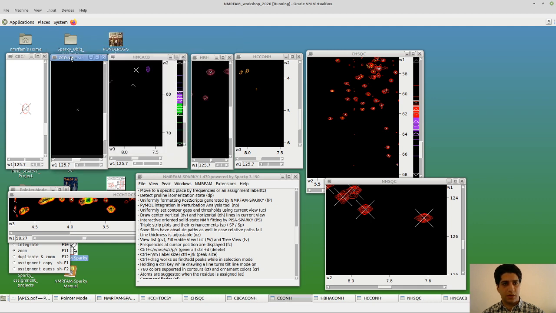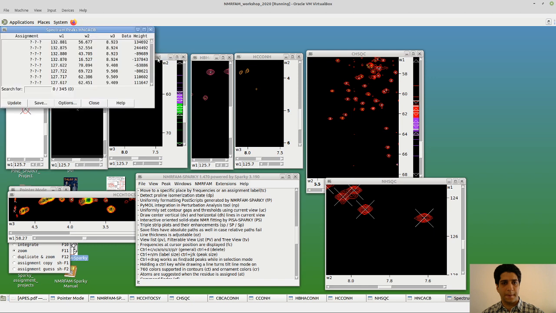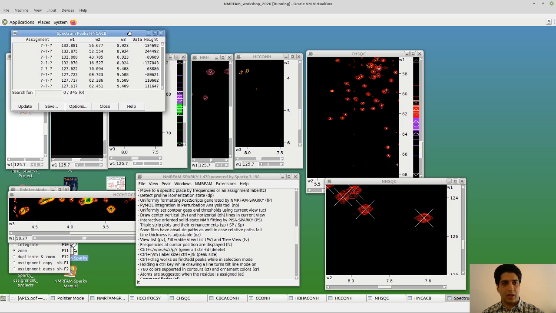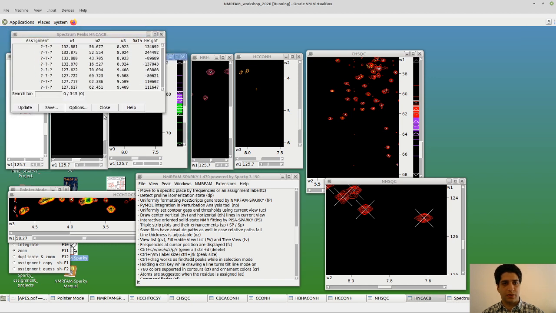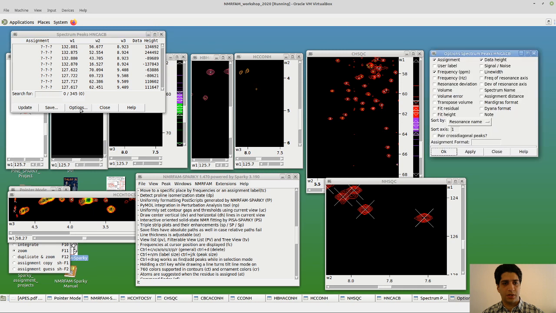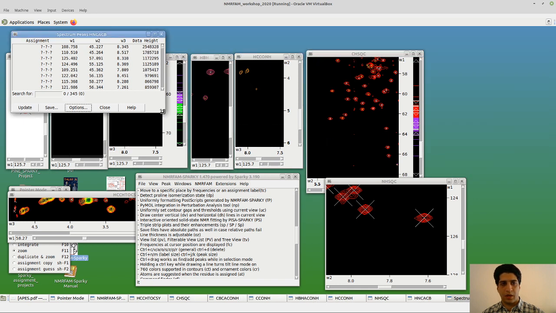So now let's move to HNCACB, and here there is a difference. So let's just open the peak list, and we have the peak list for this, and we need to go to option, show data, and also sort by data height. And there is a difference for